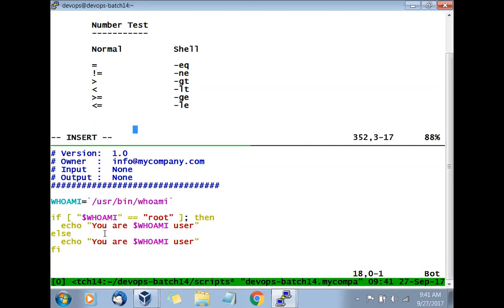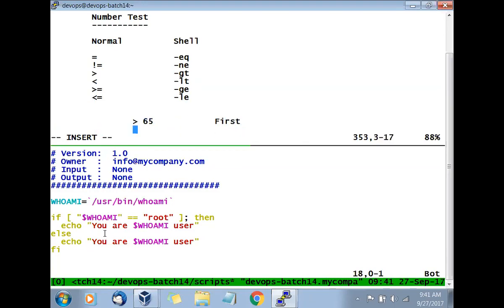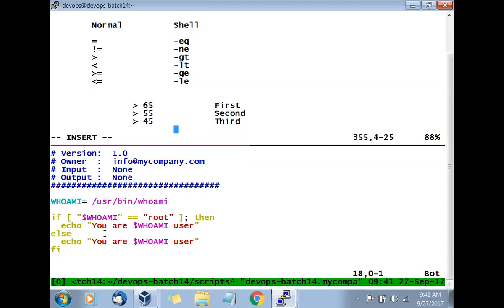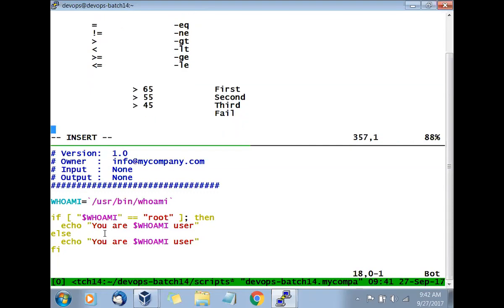If the student percentage or marks is more than 65%, we will say it is first class. If it is greater than 55%, we will say second. If it is greater than 45, we will say third division. And if it is less than that, fail. Okay. So we will write the script and do some number comparison. So let's go and do that.